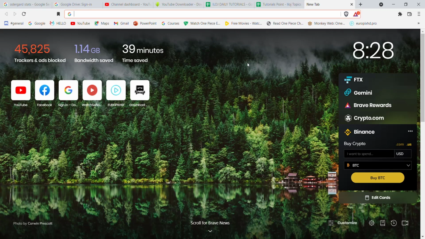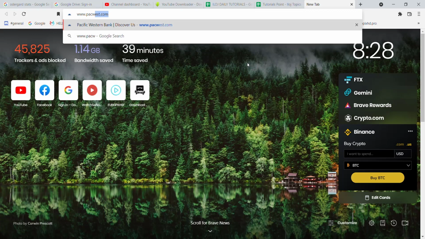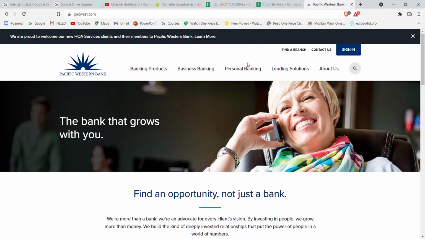First of all, make sure that you're connected to the internet. Once you've made sure that you're connected to the internet, open up a web browser. Now, once the web browser is open up on your screen, type in www.pacwest.com and hit enter. After the home page of the Pacific Western Bank opens up on your screen, on the